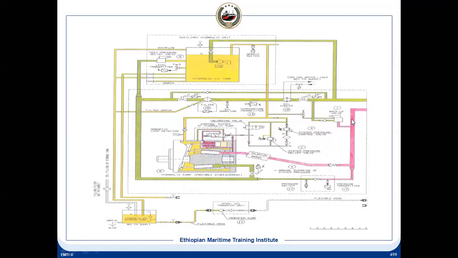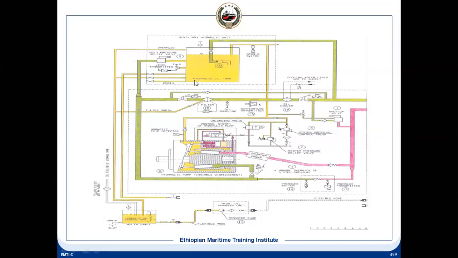This is the pressure line, which is the pink color, and this is the return line. This is the pump, a swash plate pump, and it is a load sensing pump. You can see the swash plate angle can be adjusted by the load. When the load is high, it will reduce, because you need the pressure to be maintained. The flow will be reduced, so the RPM will be reduced. Accordingly, it adjusts automatically.